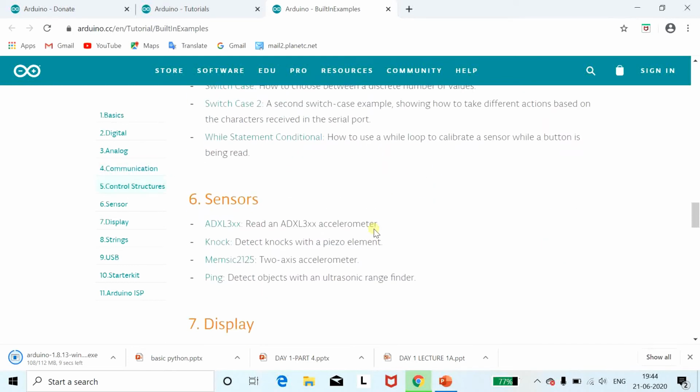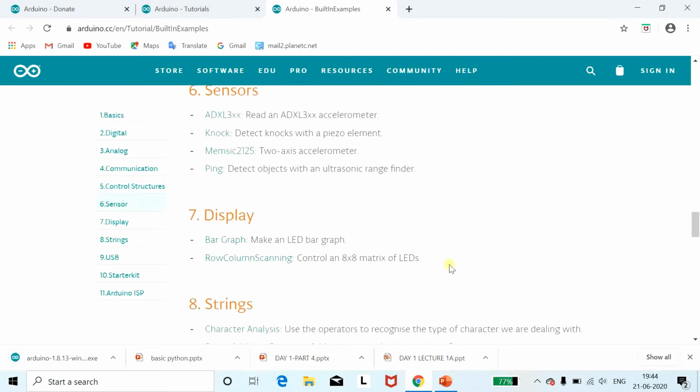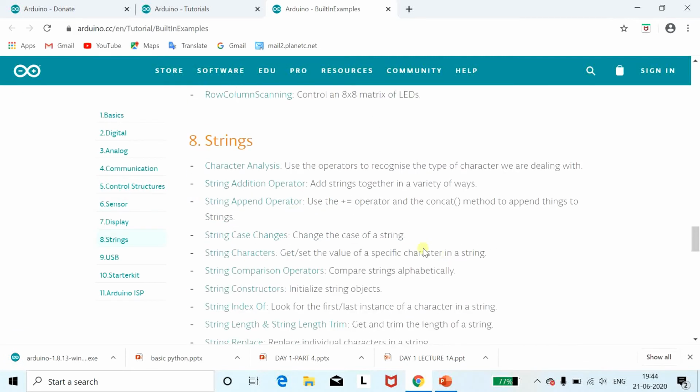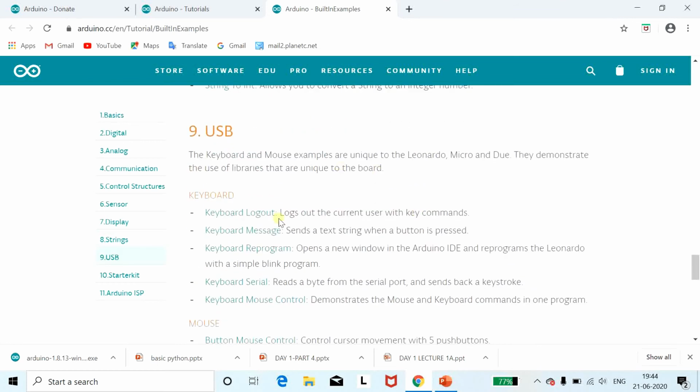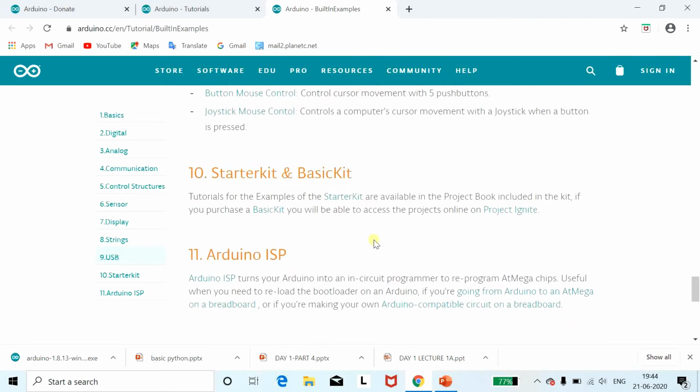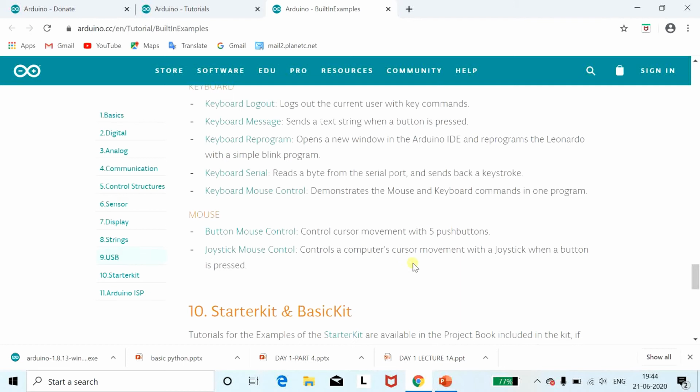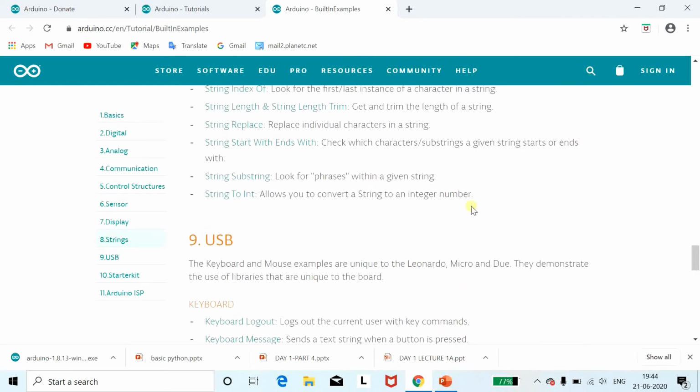Control operation, sensors: suppose you are using sensors to sense information and they will get connected to it. How sensors will work, here they have given examples about sensors. Display, strings. These are all the categories given in your built-in examples for the start of a program. So we will just see a basic part. This is regarding the tutorials available within your Arduino.